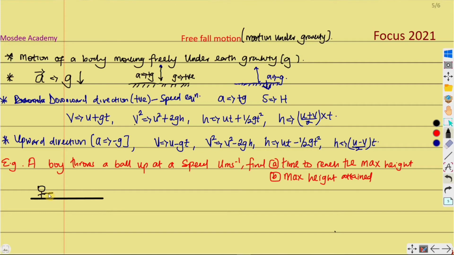Now, the boy is throwing an object upward, or a ball which was thrown up. Let's say the ball was thrown up to a particular point, as you can see. At the point where the ball was thrown up, the ball is going to reach a maximum, and we are told the ball was thrown up at an initial speed of u meters per second. Now, the ball is going to reach a particular height, or it's going to reach its final velocity